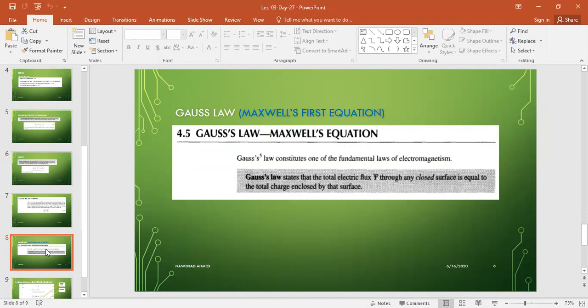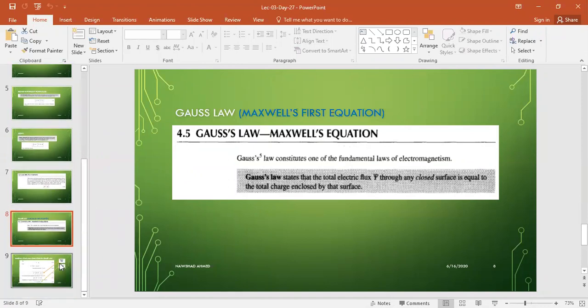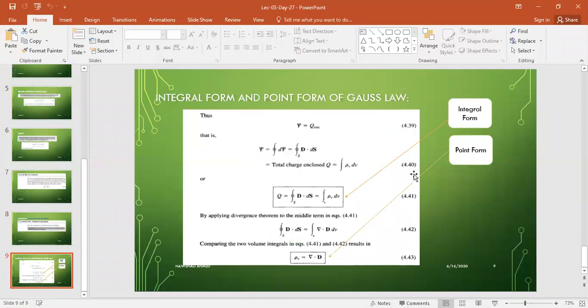This is our Gauss law, and we have to determine two forms of Gauss law. First one is the point form, and second one is the integral form. Maybe we have solved this. Okay, these two forms are given here. Up to this is our integral form. If I ask you to derive the integral form of Gauss law, you have to write up to this. And if I ask for the point form of Gauss law, you have to solve the whole part up to the last line. This is our point form of Gauss law.